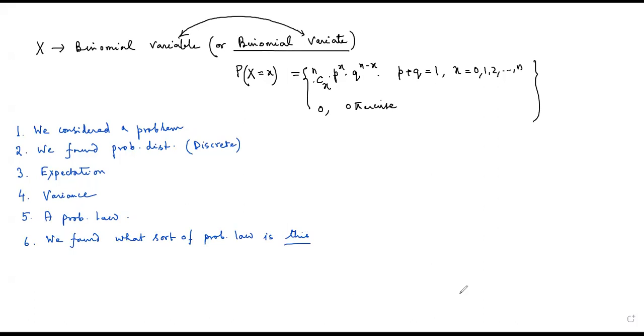Now, what is the motivation behind doing all this? Is the formula that is in front of your screen right now always related to a coin tossing problem? The answer is no. This formula is not always related to the coin tossing problem. This formula is related to any system which will behave in this particular way. Today I'm not going to discuss any other examples. Tomorrow we have a class, we can discuss other examples in binomial probability law. But right now, to summarize, I'm just telling you the motivation.